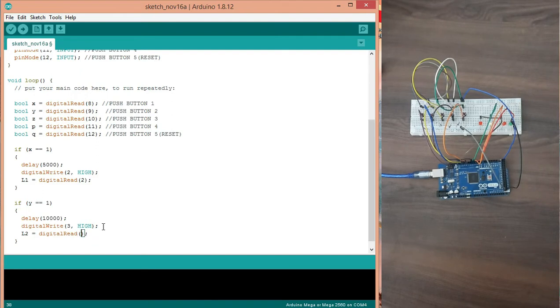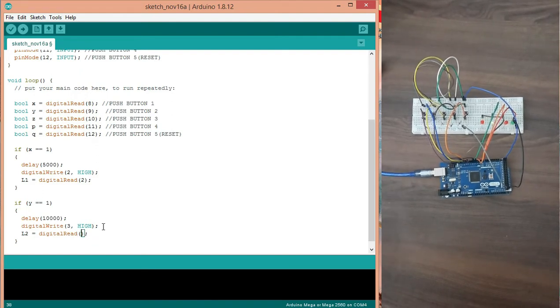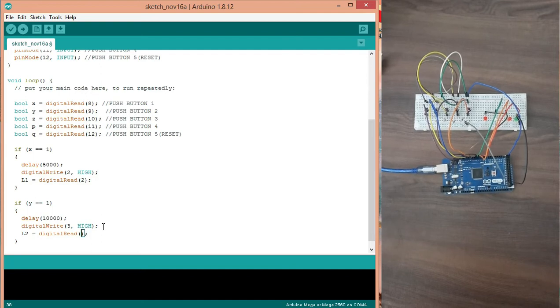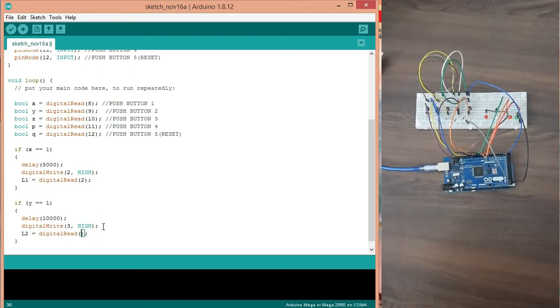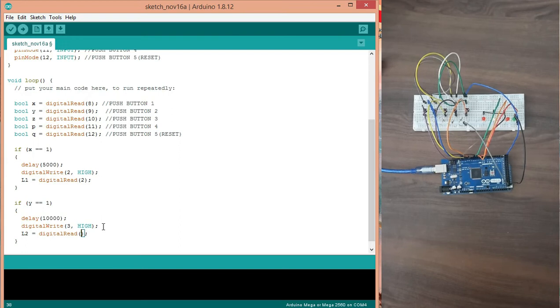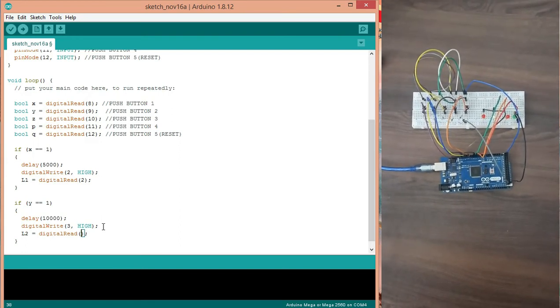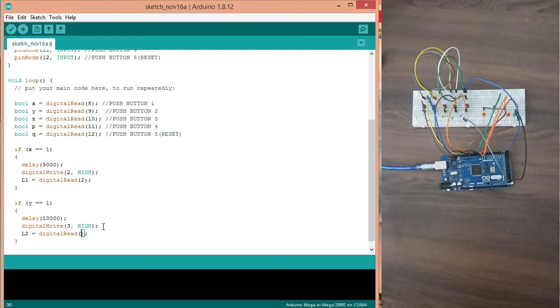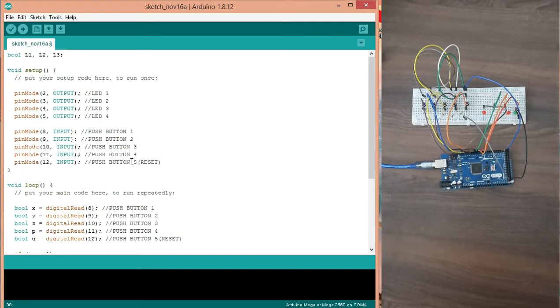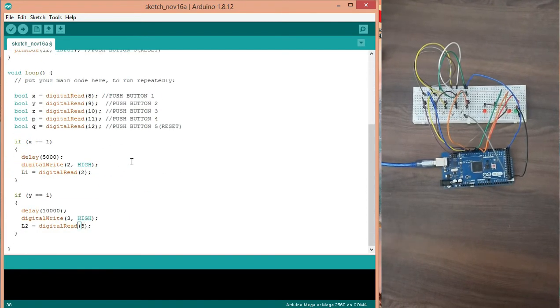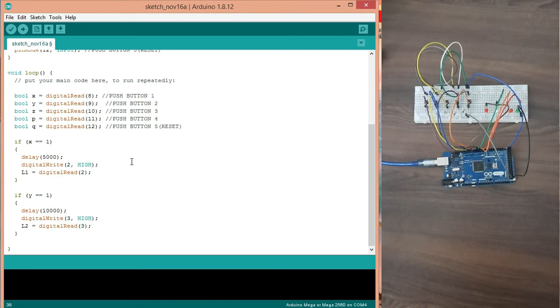We know that digital read reads the value, not actually voltage, either 1 or 0, of that pin. So it will read that value. So digital read of the pin number with the LED connected to pin number 3. This will turn on LED 2 after 10 seconds.